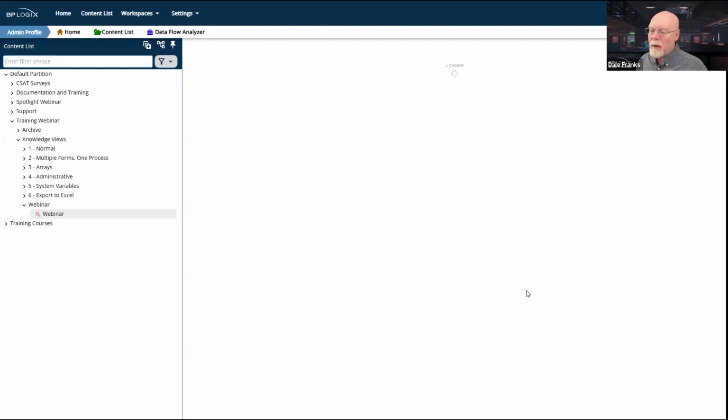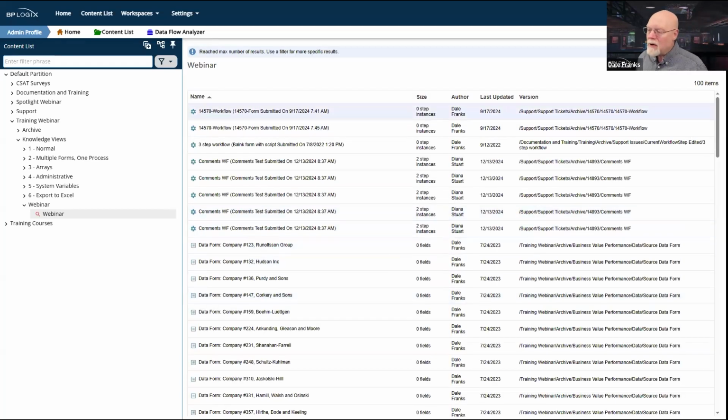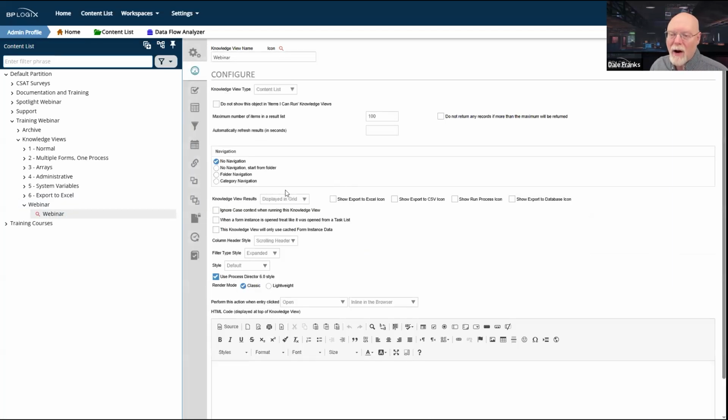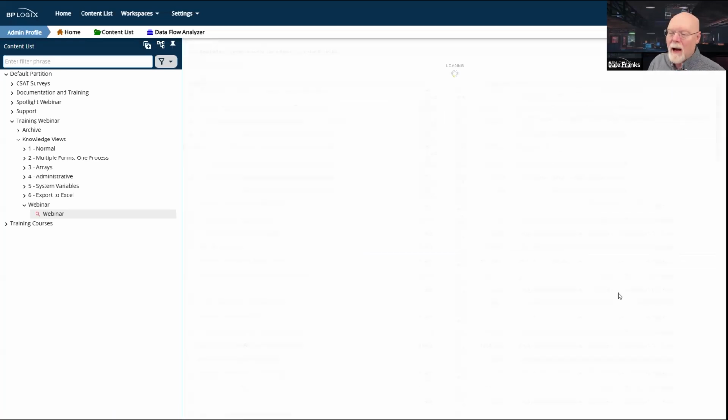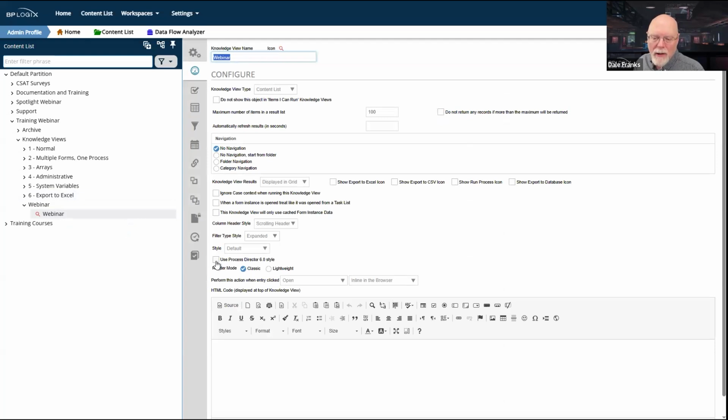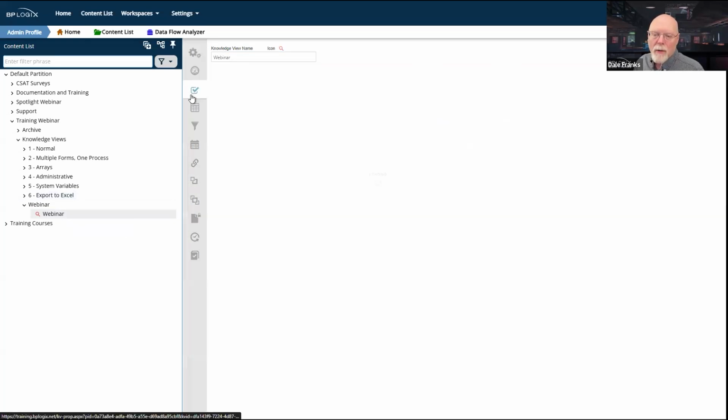So now when I run my knowledge view again, I don't have the 3-dot menu, or if we were to go back and look at it in the old style, which we're going to do one more time, and then we're going to turn 6.0 back on, and we're going to keep it. If I go back and look at it the old style, again, no icons on the far right side. They've all disappeared as well. So now I've got a UI that's much more suitable for end users. And as I said, we're going to go ahead and just turn that back on there, and we'll just save that configuration.